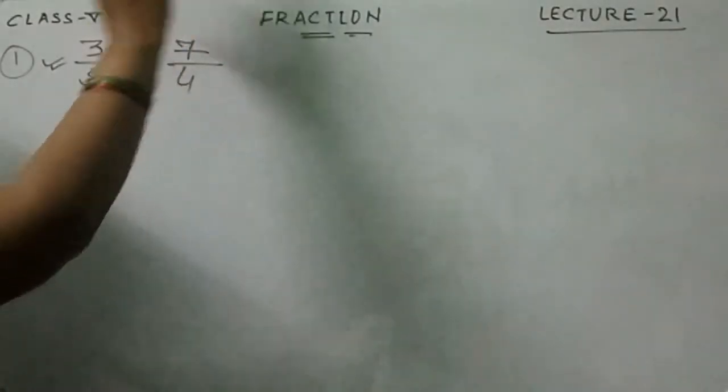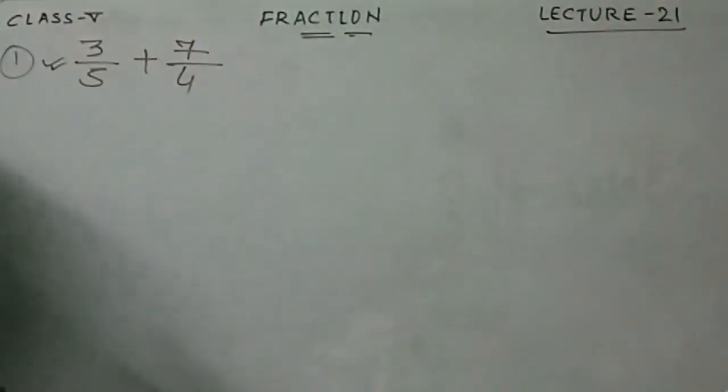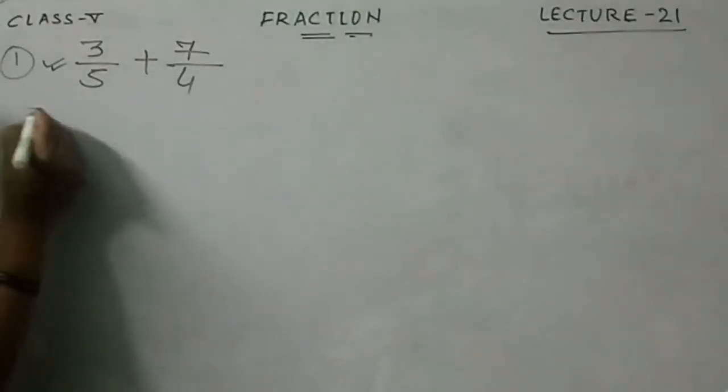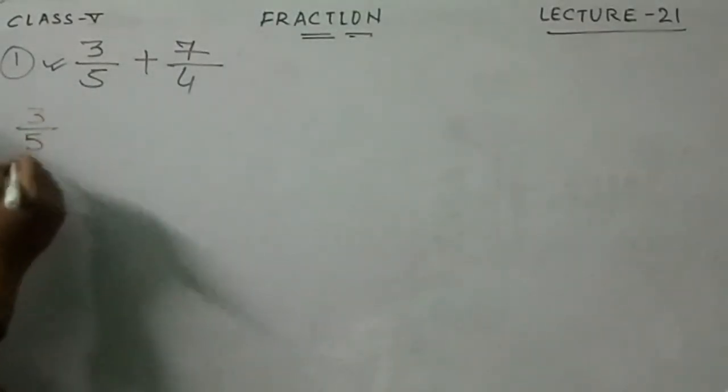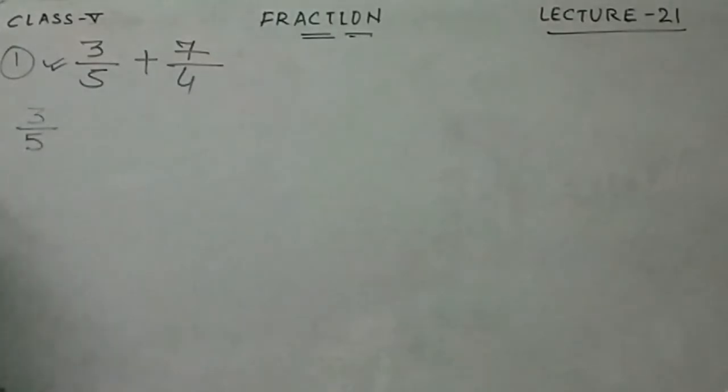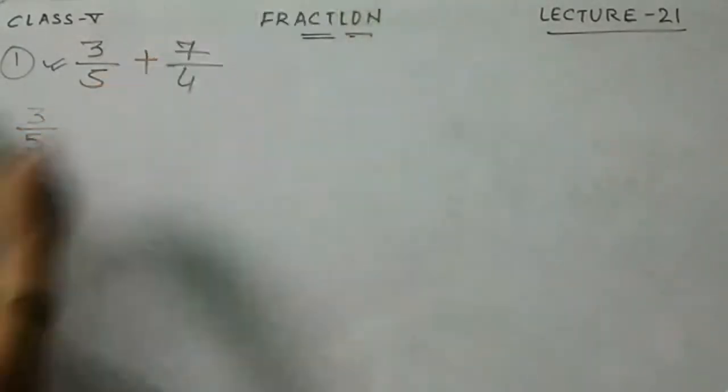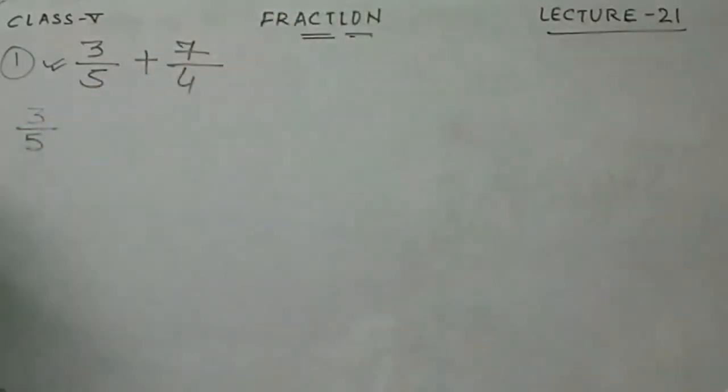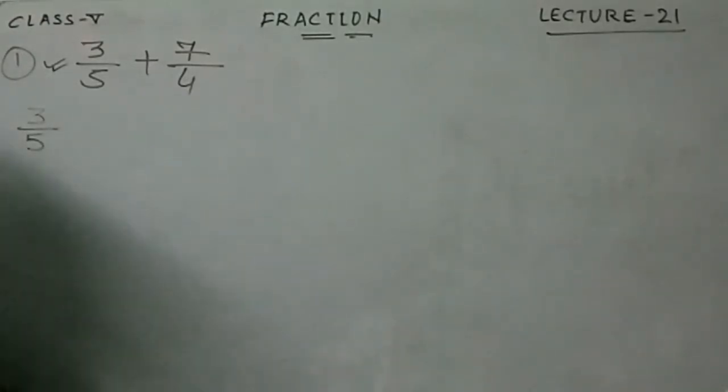I will explain to you, in the beginning, how to find the equivalent fraction. What I told students, how to find the equivalent fractions? By multiplying with the next number. We will not start with 1, because if you multiply 3 by 5 with 1 by 1, it will be the same 3 by 5. Then what do we have to start with? Next number, 3 by 5.